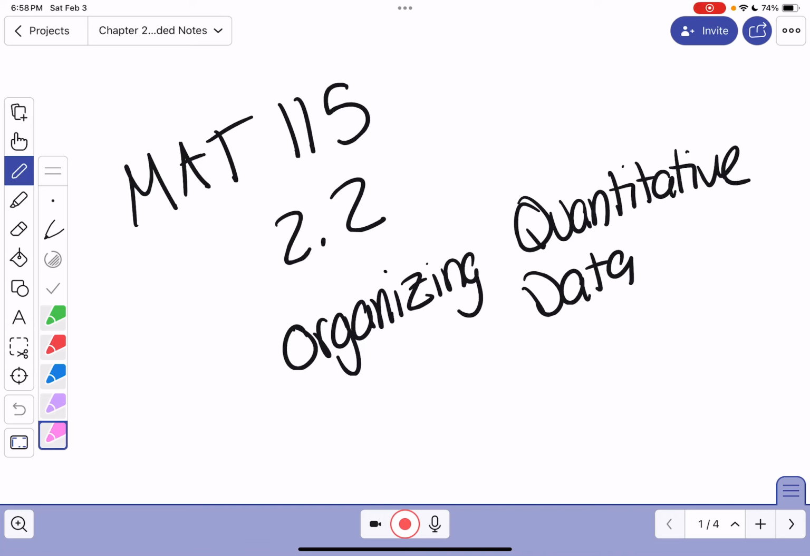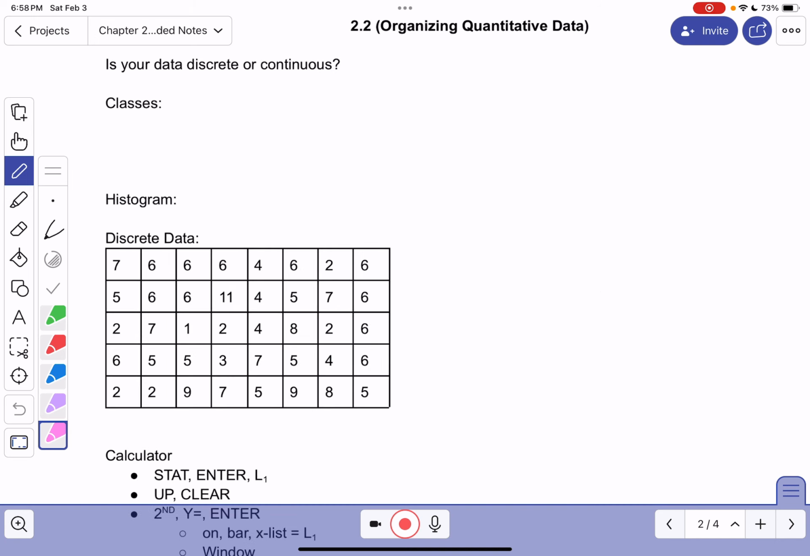This video is going to cover some common ways that we organize quantitative data. Whenever you're deciding if you're going to organize or how you're going to organize it, you need to decide: is it discrete or continuous? Are they countable classes, or are they continuous numbers that go on forever, or do you have a ton of data? If you have relatively few discrete data points, you can use the actual data as your classes,